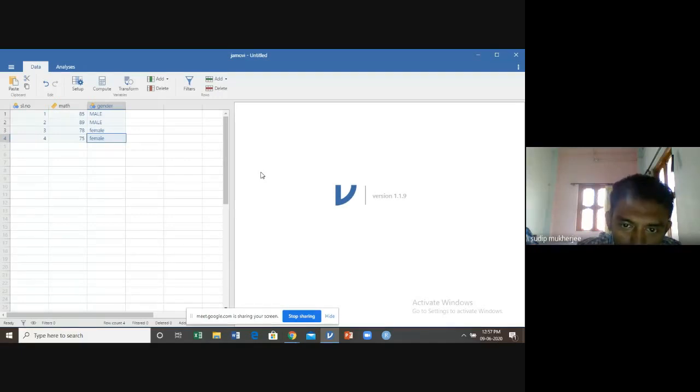I mean to say, you cannot open any file with the XLS extension. So remember this thing, in Jamovi you cannot import any XLS file. When you try to import any file, you have to save the file with the .csv extension. Jamovi only opens .csv extension type files.